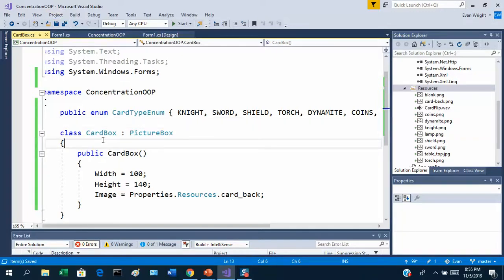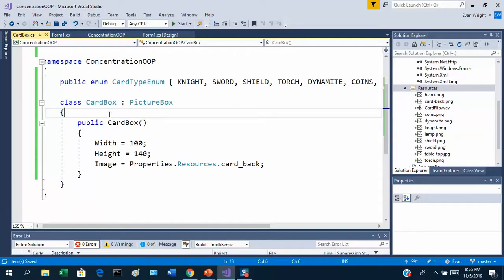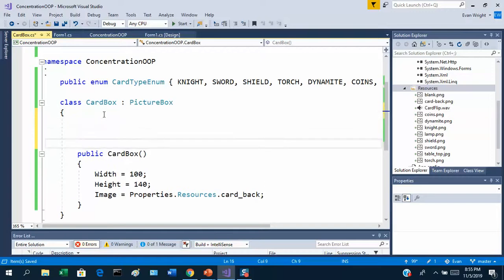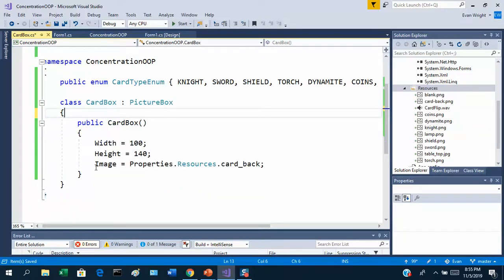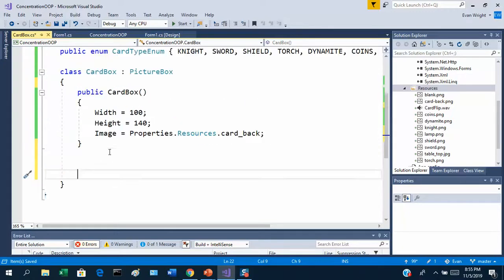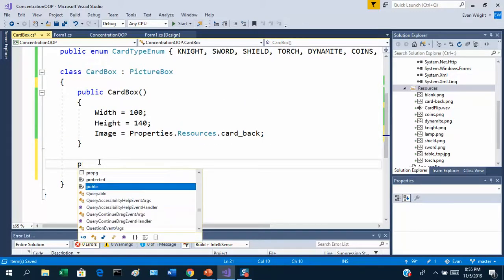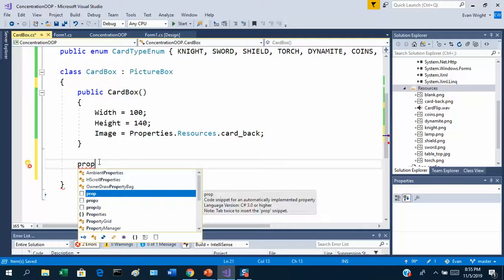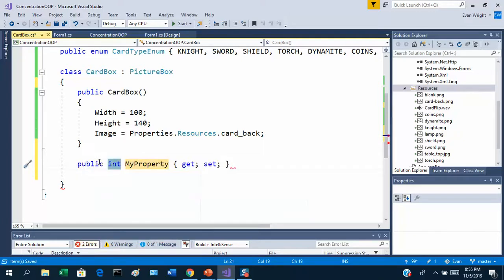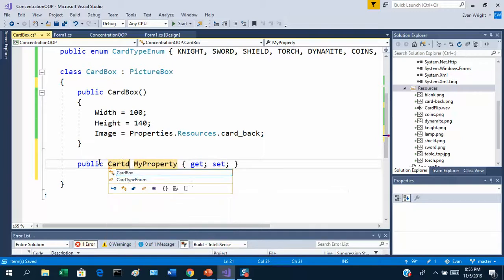So every card is going to have one of these card type enum variables in it that says what kind of card type it is. So let's go add some public properties to our card box. Where do we want to put these? Above the constructor, below the constructor? I don't know. Let's put them below the constructor. Let's make a public property called card type. If you type prop and hit tab twice, you'll get a stub for a property. And it is going to be a card type enum,